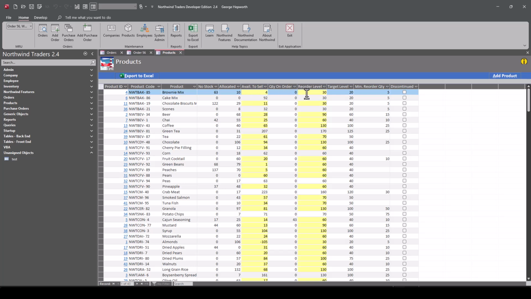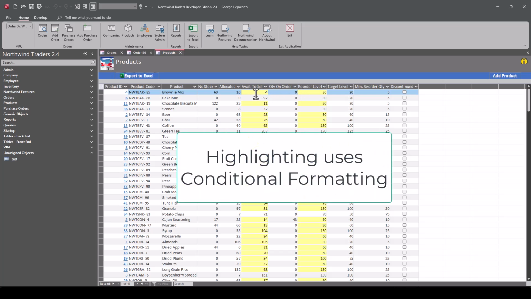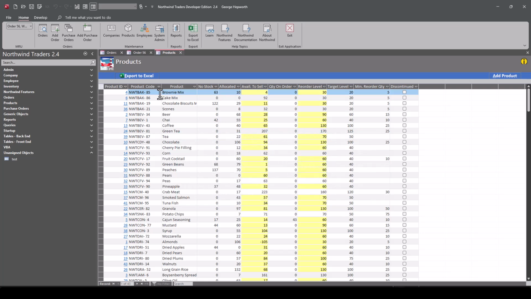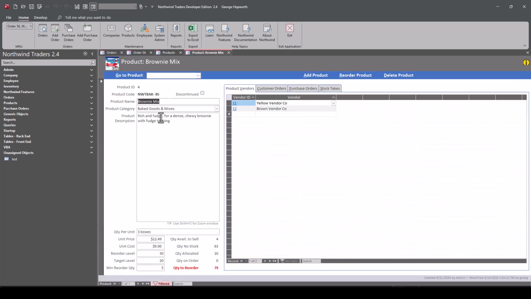They're below the reorder level, and it's time to reorder these items soon. Again, the product ID in the left-hand column is a hyperlink that opens the details for that product. The product is shown in the upper left corner, details about it below,